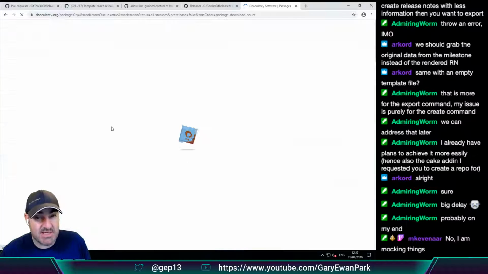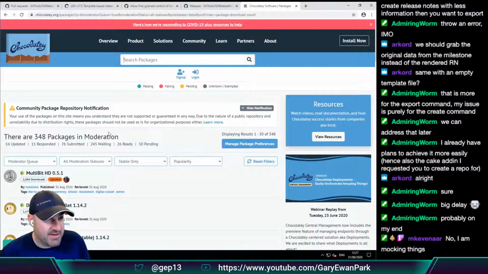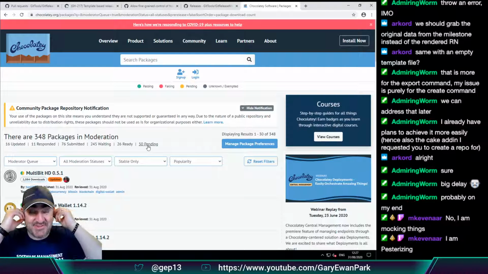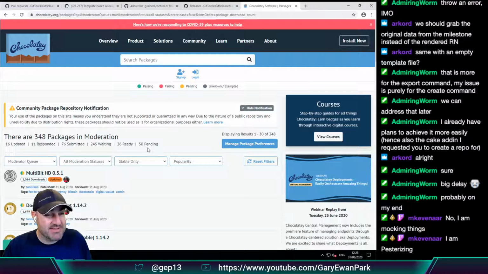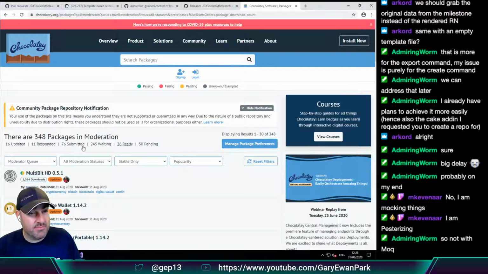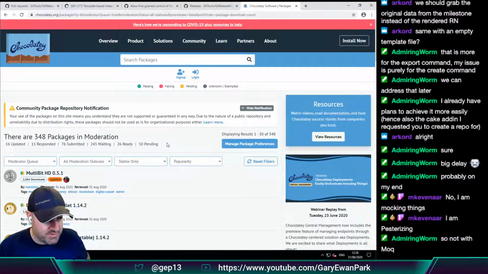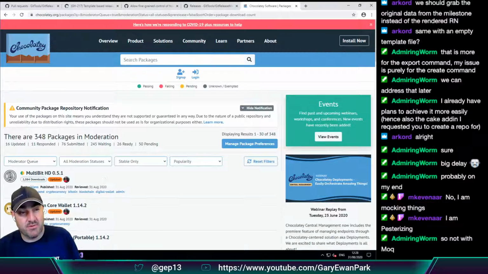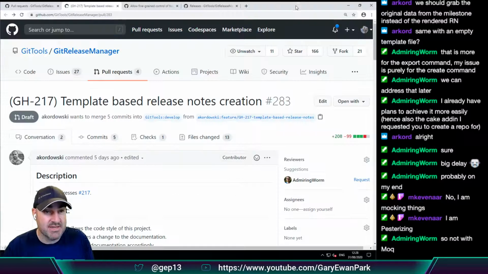So just as a slight tangent, I attacked the moderator queue this morning with some help from Kim, so it's looking a lot better. Pesterizing, is that the official term? Is it? Beautiful, love it. So with some help from Kim, the moderation queue is far better than it was before. But still some work to do, unfortunately. But we'll get there. The numbers are looking a lot lower than they were before, so we're making progress.